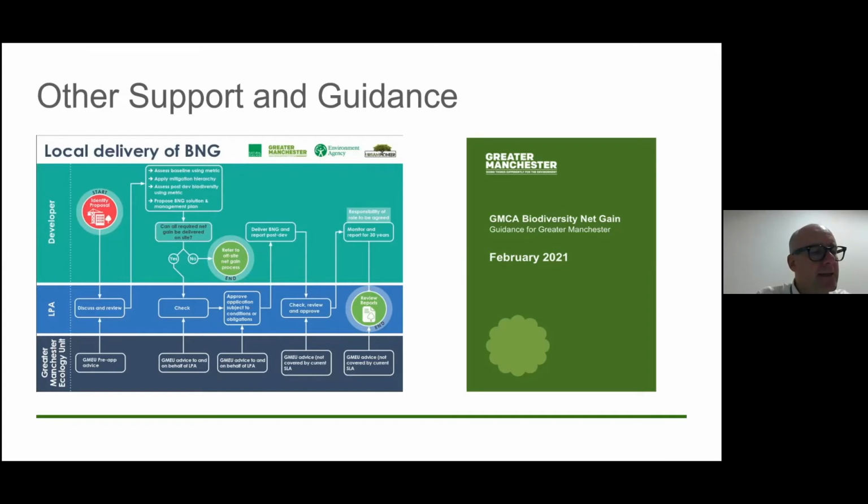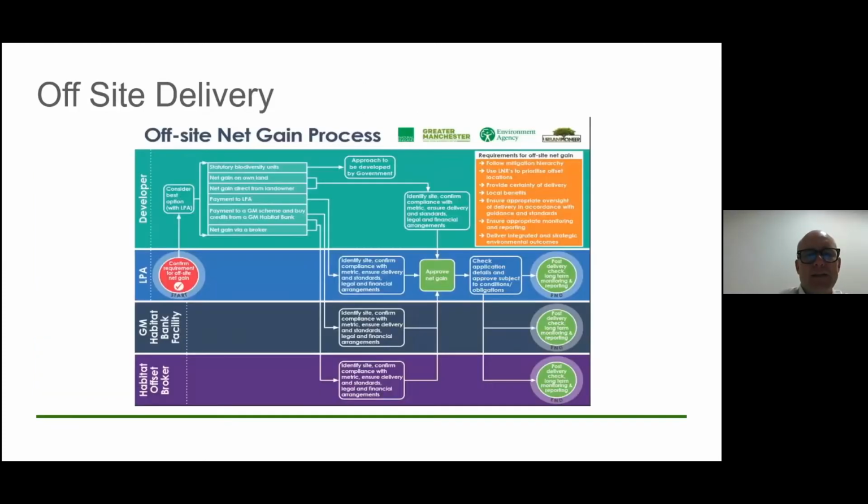And, you know, from our point of view, there's still more to be done, but this provides a really good starting point to understand the process. But also, as Nick's mentioned, the starting point for biodiversity net gain is to deliver on site, and developers should consider as much as they can that they deliver that on site in terms of the loss of the units, but also in terms of the gains there.